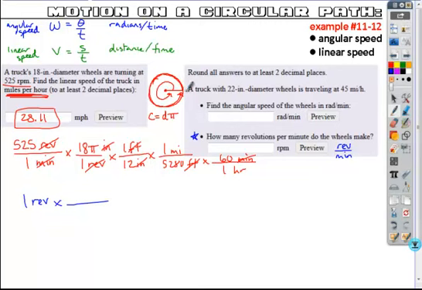So again, when we go back up, 1 revolution is the circumference, and so that's equivalent to a diameter of 22. So that's our conversion factor: 1 revolution is equivalent to 22 pi inches, correct? So that's what we're going to start with. Those are equivalent to each other. And so now what we want to do is convert this into the